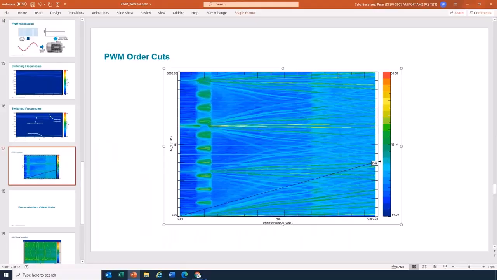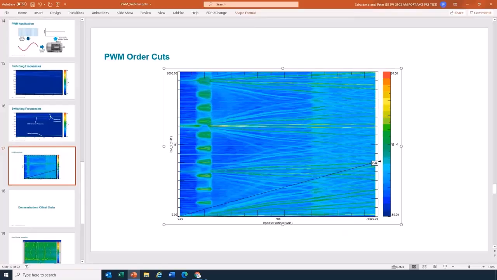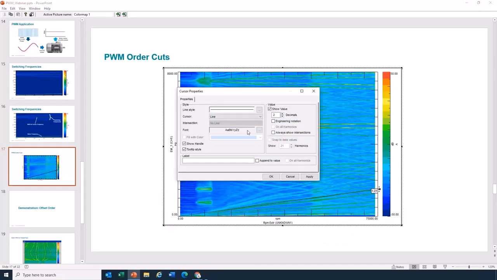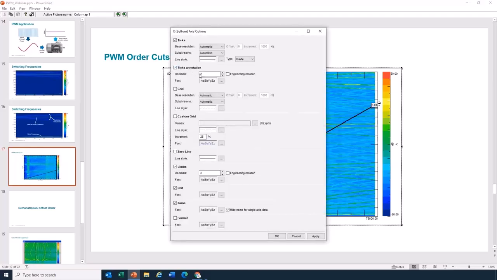Some data with these power electronics, and it's in an active picture. So a nice feature of Test Lab, of course, is I can interact with my data within PowerPoint. I got a nice order cursor here, and these are the orders from that motor, right? Yeah, typical. And so far, well, if I can make the line a little bit wider or something. Okay, now my power electronics are around 5,000 hertz, and they seem to have an order. You know, I'm kind of mystified, Charles.